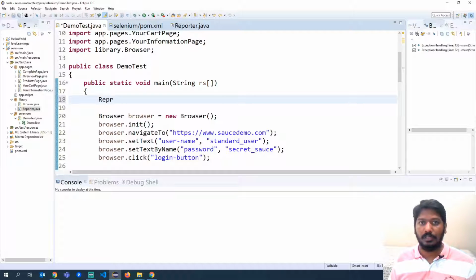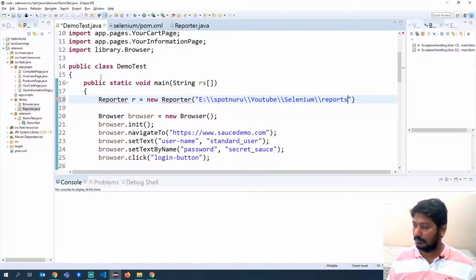So Reporter r is equal to new Reporter, and then we have to give a path. I am giving a path where it is in my folder structure. You can give your own folder structure, and then I'm giving test.html.